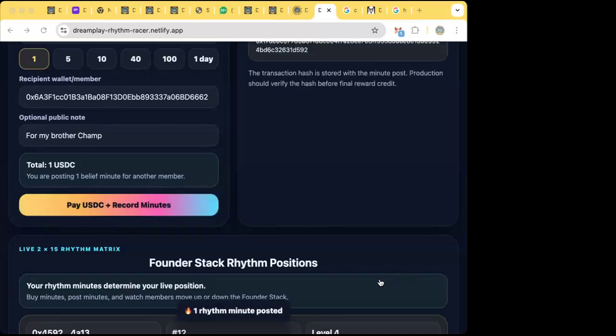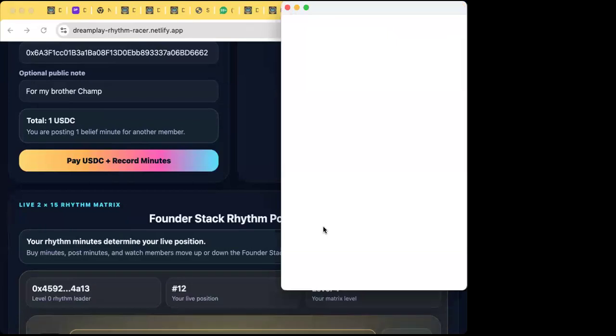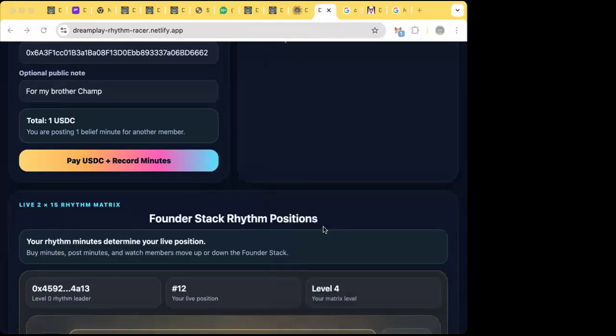Cuz, just do me a favor. Don't go buy all the minutes, all right? You guys gotta watch out, cuz he planned him and his team. By the way, just so you guys understand this as well, if you got a team of 14 people, this is an example out of those text messages that I showed you, and I'm just doing this for easy math. You can do it however you want to do it. If you got a team of 14 people and they got 100 minutes apiece, that means that all the minutes are sold out for that day. They control the whole day, which means that that team, say that we were doing